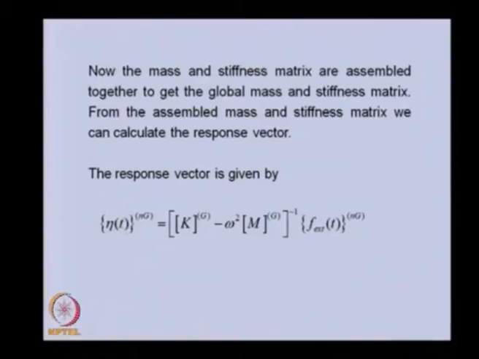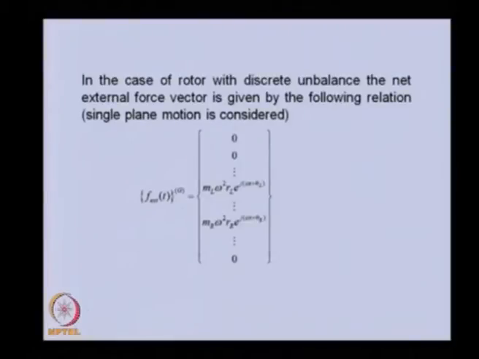That means whatever residual unbalance we have chosen, corresponding to that we can write the forcing, and then we can obtain the response corresponding to various speeds of the rotor system. In the forcing, the vector will have terms only where we have the two discs, because the unbalance will be there. So, these are those corresponding forcing terms.